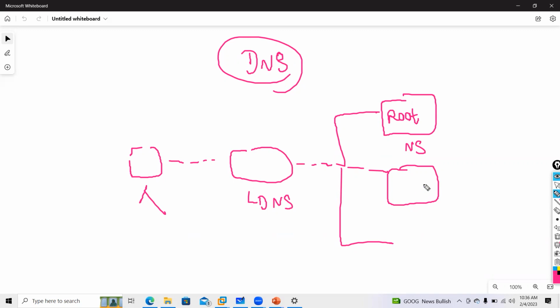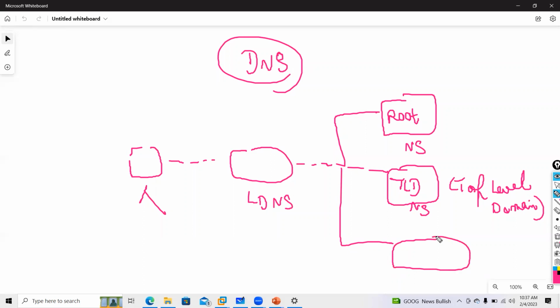Now here comes your top level domain name server. First root, then this is called the top level domain server. After that, let's say cnets.com name server. So this is how your topology works.